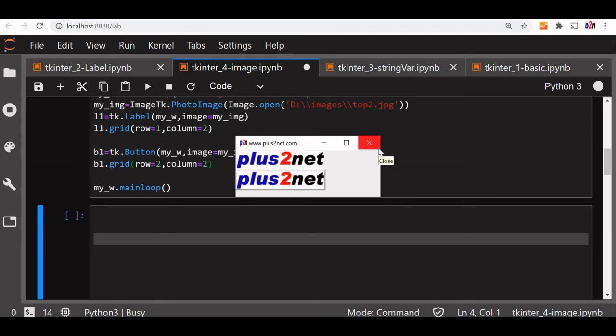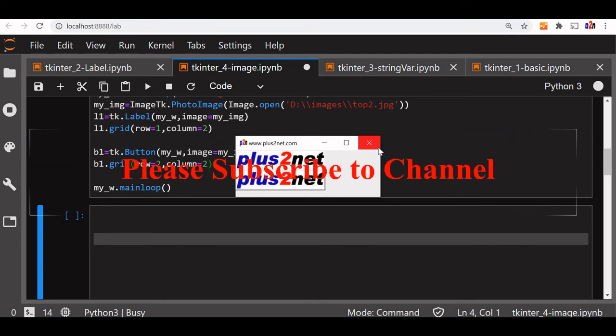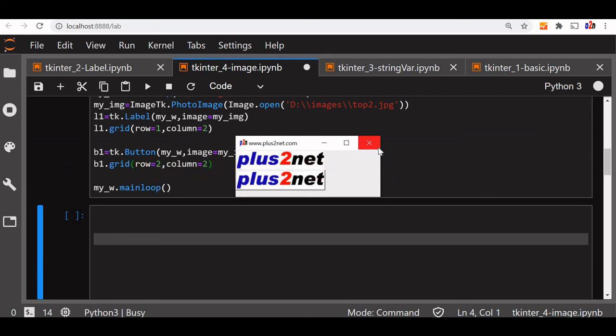Next video we'll learn how to resize this image. This image was a very small one. We'll take a bigger image and, maintaining the aspect ratio, will display the full image in a smaller window, or will reduce the height and width of the image. This resizing we'll see in the next video.